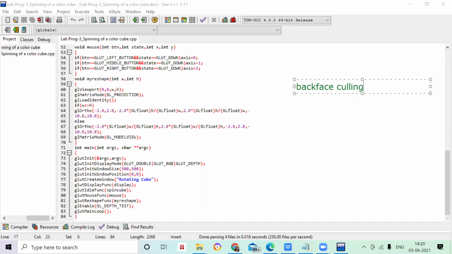By using this mechanism we can see the back side of the cube, the front side of the cube, or any side whatever you want to draw. And remember, backface culling is always dependent on your vertex points.